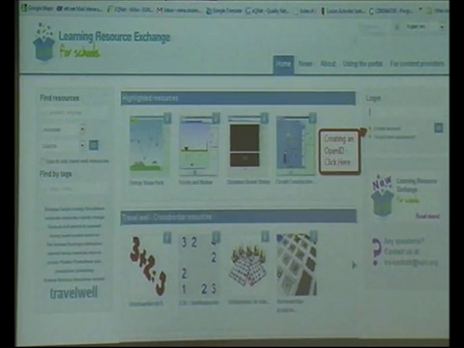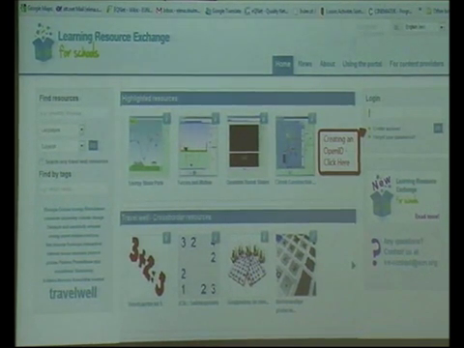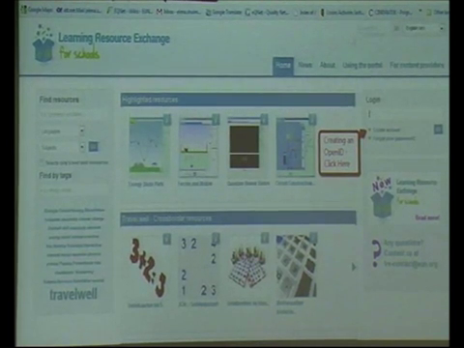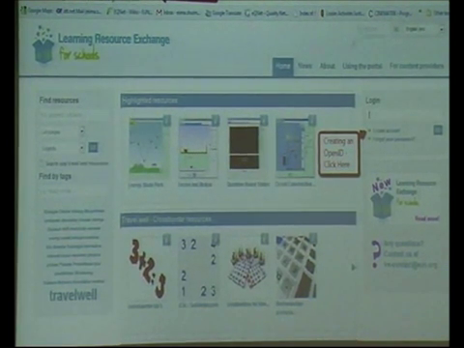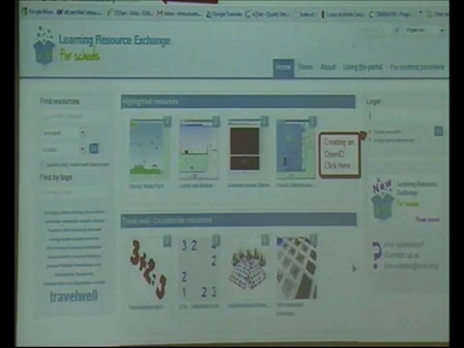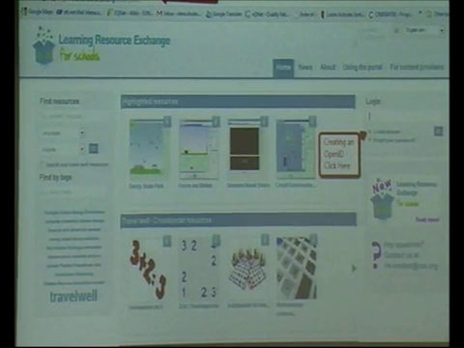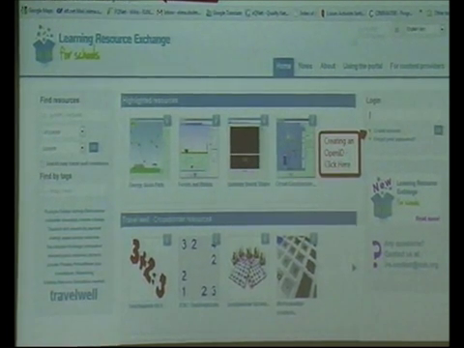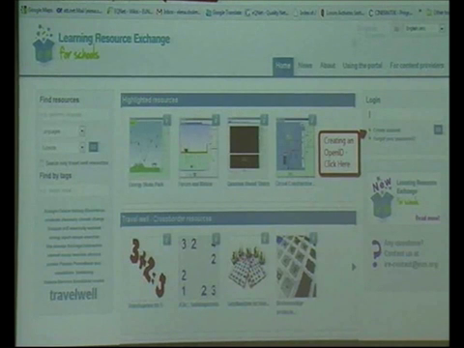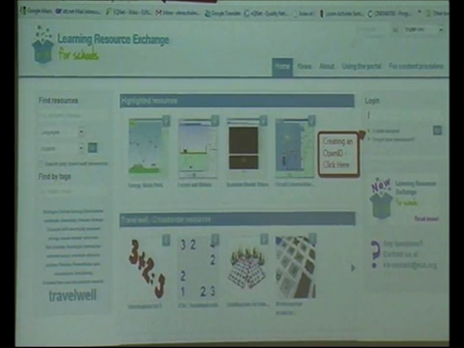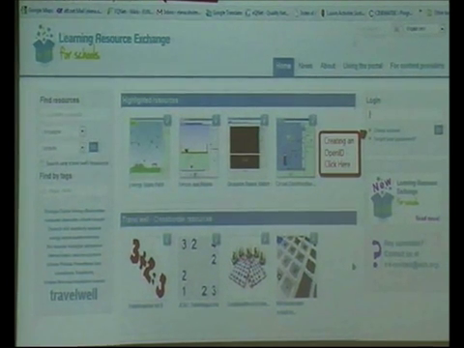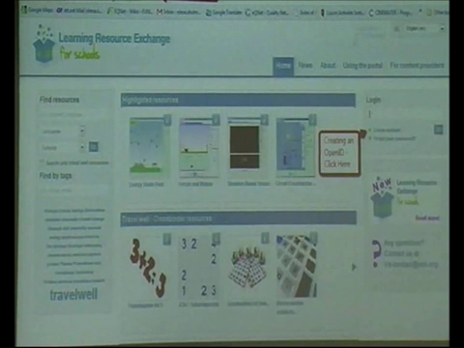This is a portal where you can find digital learning resources for teachers coming from more than 30 countries, gathered at one place, at one web page. At the moment, there are 240,000 different digital learning resources. All of them are free for teachers or for anyone who would like to use them.